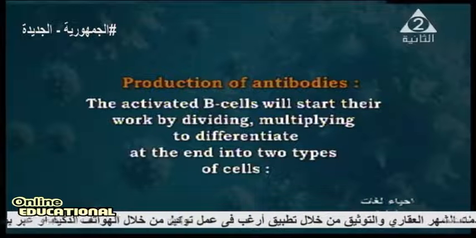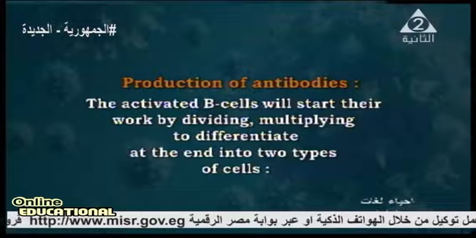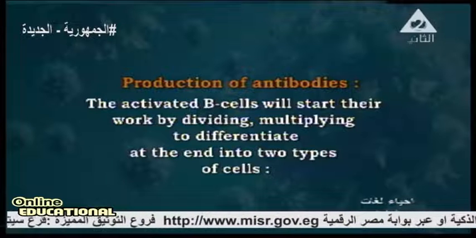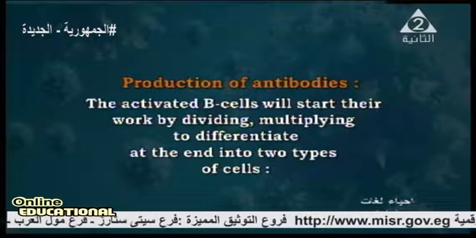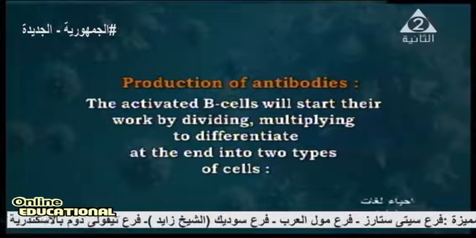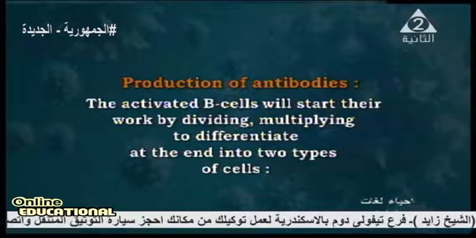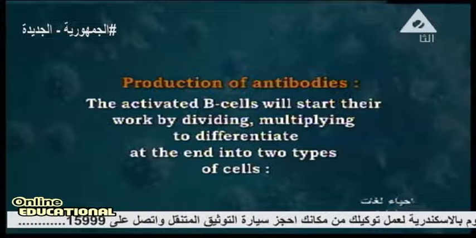These activated B cells start their work by dividing or multiplying to differentiate at the end into two types of cells. This antibody comes from the activated B cell after the activated helper cell combines with the